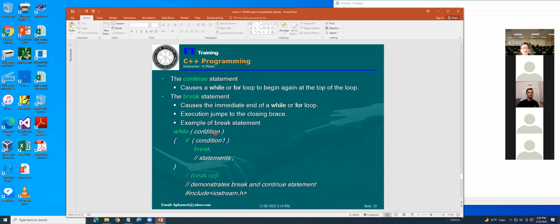Now, the continue statement causes a while or for loop to begin again at the top of the loop. You understand, when you go into your ATM, it can display: number 1, deposit; number 2, withdraw; number 3, exchange; or number 4, quit.